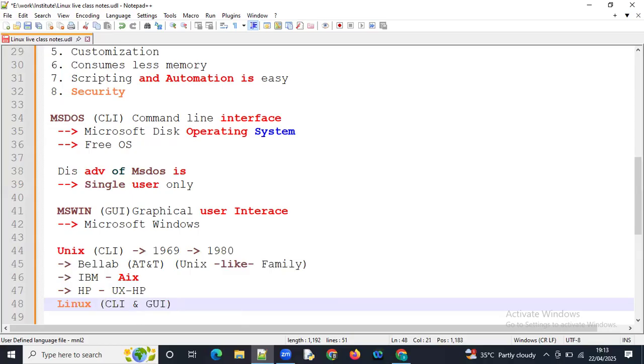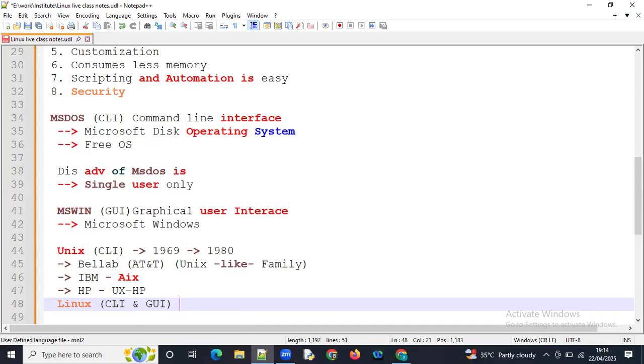Okay, and it was developed in 1990, available to public from 1991. Who developed this Linux? Linus Torvalds. Okay, Linus Torvalds. Here I am going to write.